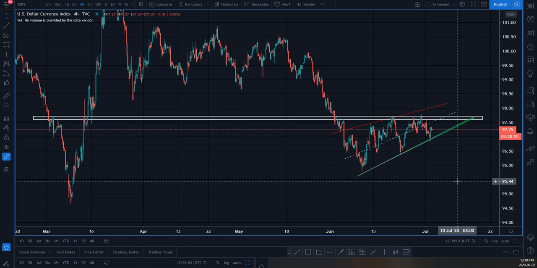That's what happened in the last major meltdown back in March. You saw the Canadian dollar go down, Australian dollar go down, New Zealand dollar go down, a lot of these different minor currencies and exotic currencies go down, and a lot of people flooded into the US dollar. On the flip side, if the US dollar is weak, a lot of those other currencies we just talked about are going to be stronger than the US dollar, and that's what we're currently seeing right now. So if this falls, I'm going to be looking at overall bullishness within a risk